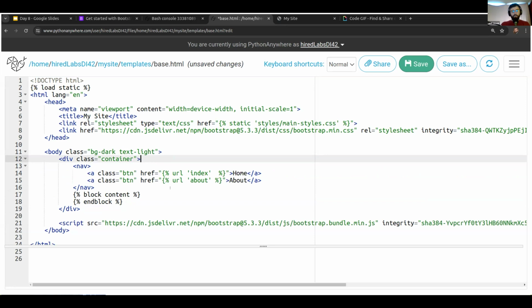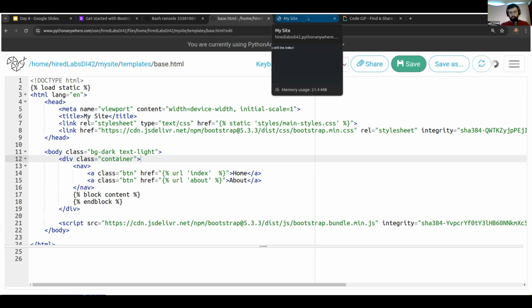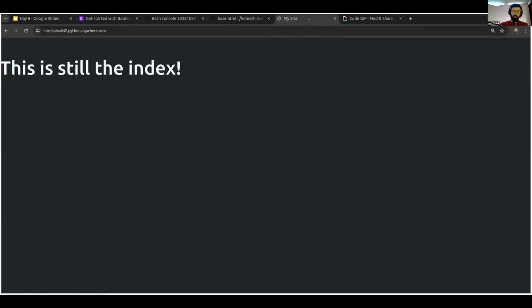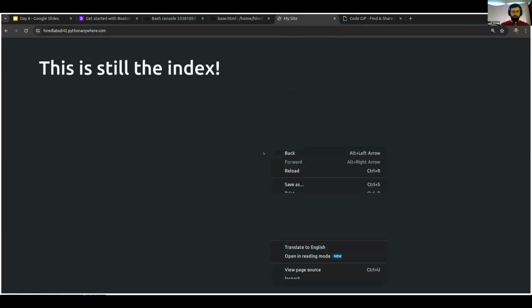And what that's going to do when we save this and reload our server and look back at our site and reload the browser on that side, so it sends a new request to the server and gets the freshest source code that we have, it's going to push all this stuff off the edges of the screen and contain it in the middle a little bit. And you saw when I did that, it gave us this little gap between the capital T and the far right. And if I inspect this page once again,